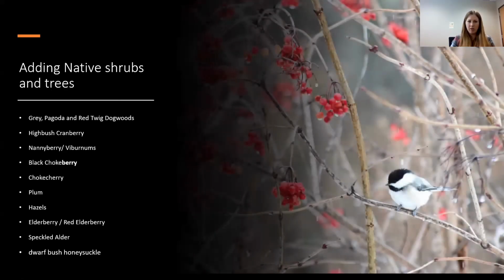All right, so I'm just going to buzz through a couple of things here. Heather talked about so many native shrubs and trees, and there are a lot available. So consider native shrubs as part of your revegetation plan. If you're planning to mow your site repeatedly, if you have a really heavy batch of resprouts or really heavy berry content in your seed bank, then adding shrubs is something you may want to do after a couple of years of mowing those buckthorn resprouts. But they can be super good at outcompeting buckthorn for sunlight resources.